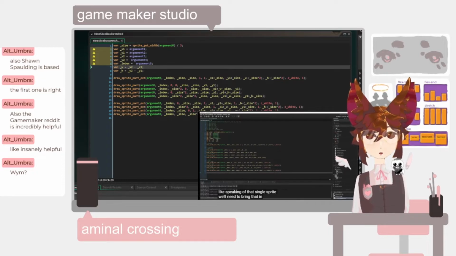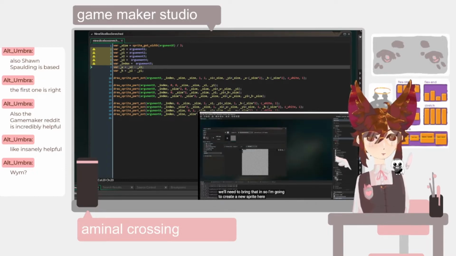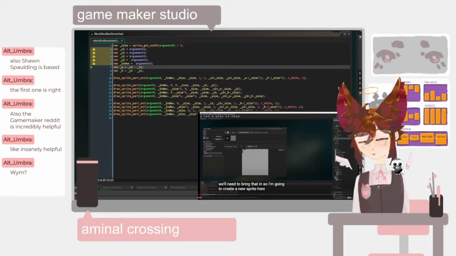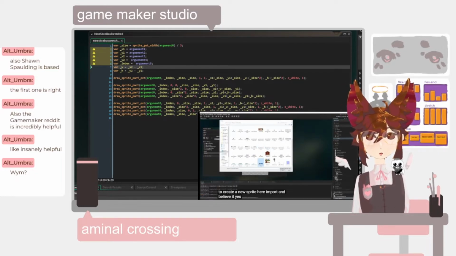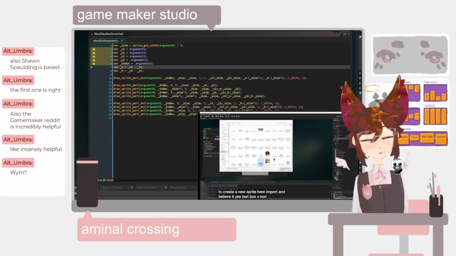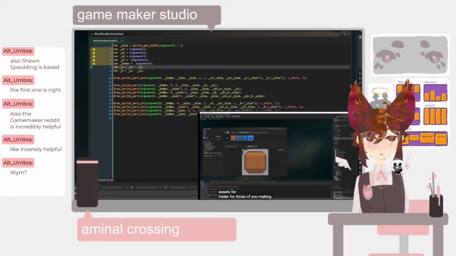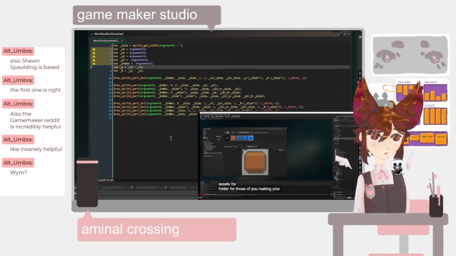Sprite, we'll need to bring that in, so I'm gonna create a new sprite. Oh, so also I'm gonna do all the sprites. S text box. Let me see. text box BG underscore script 4 is the one from my assets folder. I see. For those of you making your own. Okay, I'm gonna make one